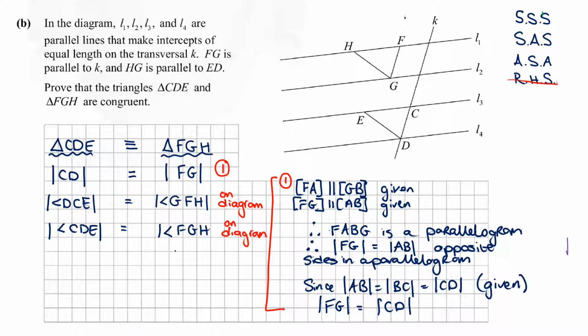Clear the diagram. So what we've proven now is CD equals FG. We've also proven that this angle, DCE, is equal to GFH. And we've also proven CDE and FGH. So clearly you can see, hopefully at this point, so we will say therefore triangle CDE